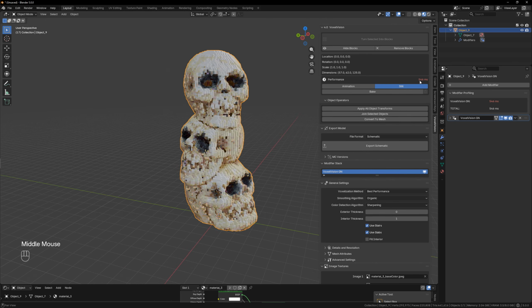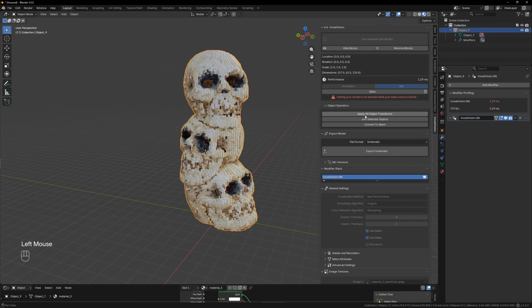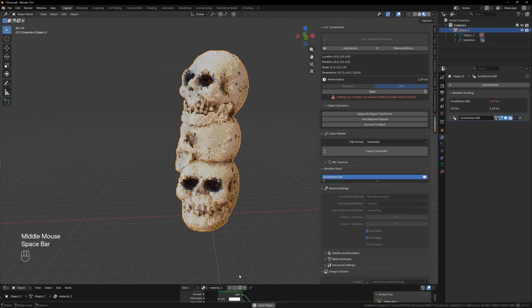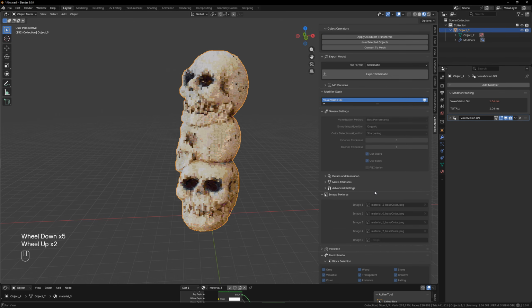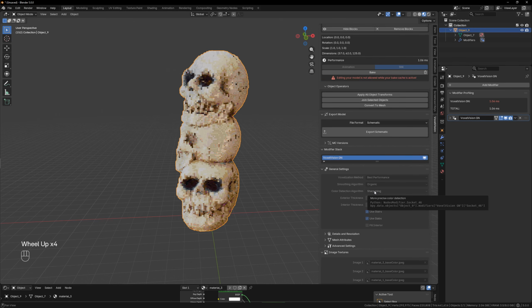So keep this in mind. If this goes very, very high, I would recommend baking your setup. If I click on bake, it will then tell you it's only 1.2 milliseconds, which is pretty low. If I click on play, you can see we have a stable frame rate of 24 frames per second. Perfect. But keep in mind that you cannot edit anything in this state because you baked all those properties